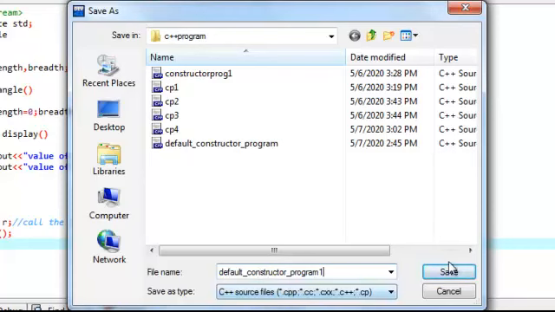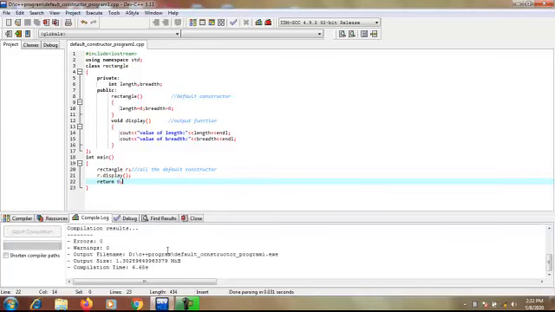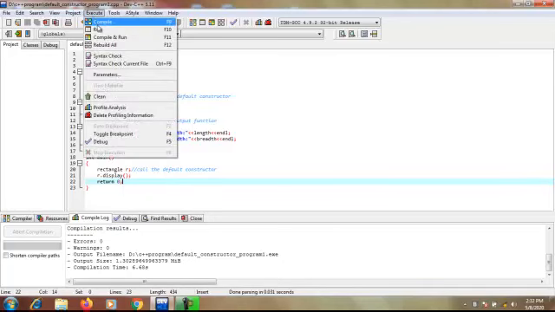Save. Compilation is done. You see there is no error. So let's run the program.